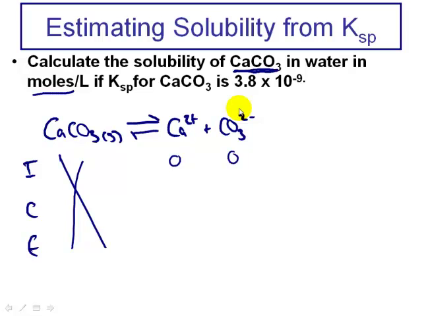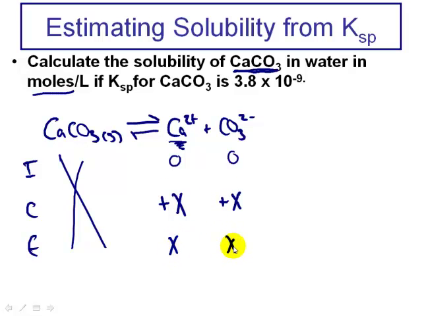And so to do that, I'm going to figure out, well, what is my equilibrium concentration of calcium ions and carbonate? And to do that, we just set up the ICE table, and we say that, well, as this thing dissociates in water, it's going to produce calcium. We don't know how much, and so we're going to call that number x. So the change there is going to be x. This is going to likewise go up by x, and so at equilibrium, we're going to have x calcium ions